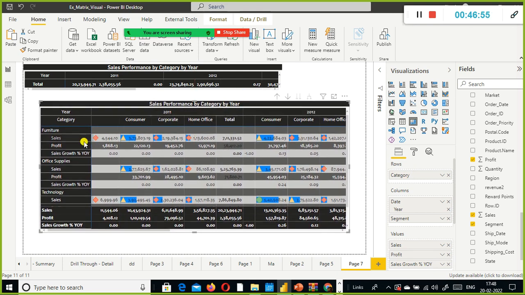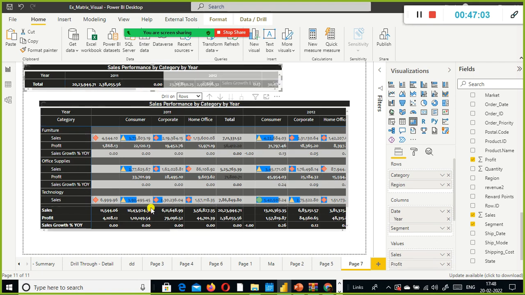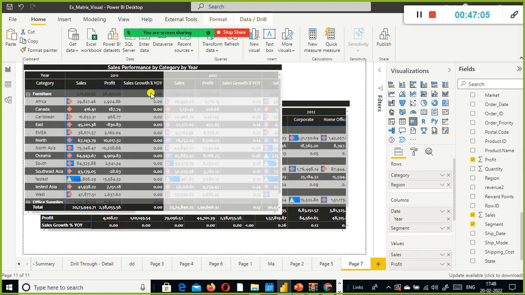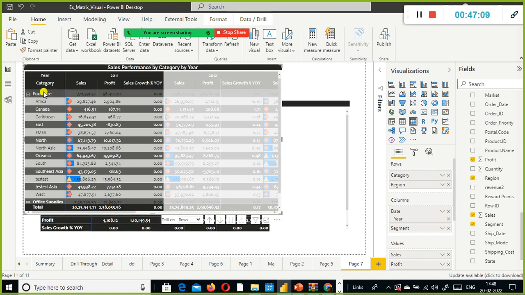And the stepped feature is nothing but this is my parent, this is my child, something like that. Look here, for this I should use this matrix. See, this is my child, under furniture, Africa, Canada and all these regions, what is the sales?